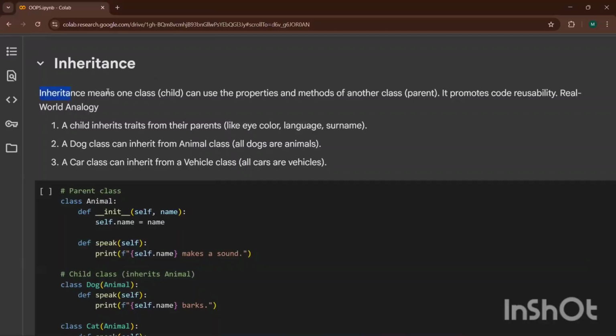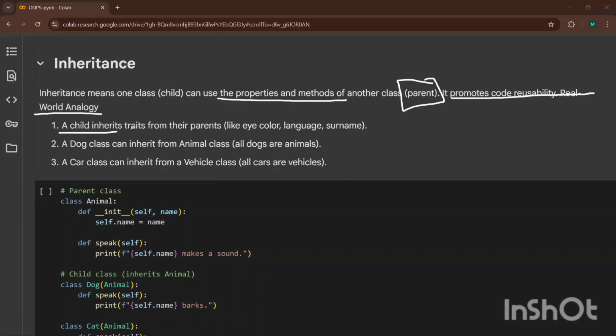So, guys, inheritance means one class, the child, can use the properties and methods of another class, the parent. It promotes code reusability. And for that, we have some real world analogies as well.